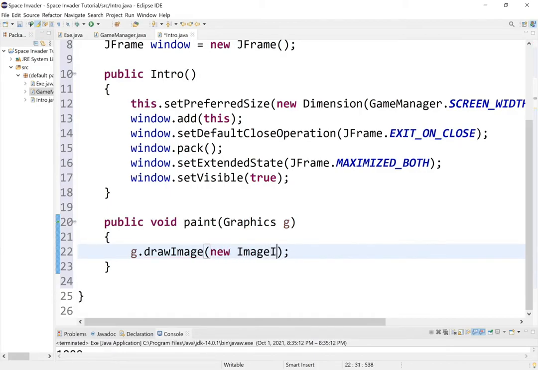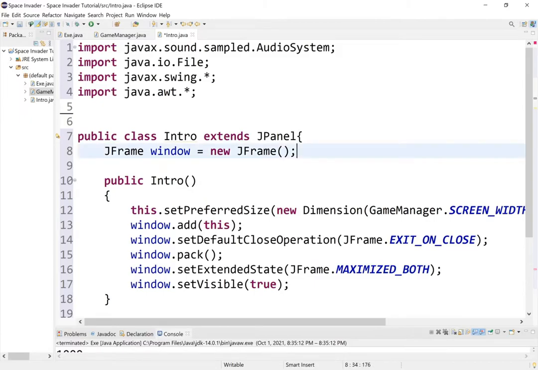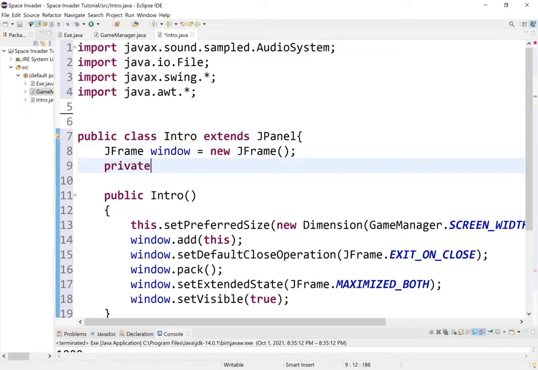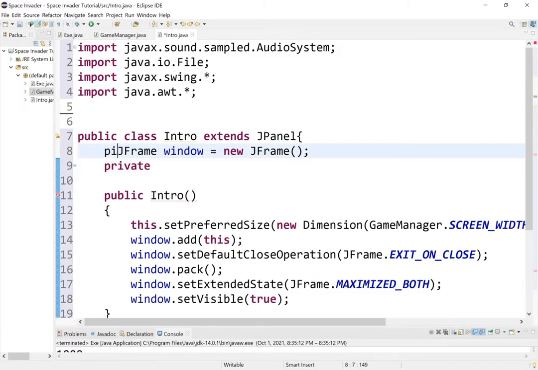So we're going to go new ImageIcon, round brackets. Inside the round brackets we'd have a quotation with the image path. Actually, don't put the quotation. I'm going to create a variable so it's easy for us. So I'm going to do private, and it's private by default anyways, private